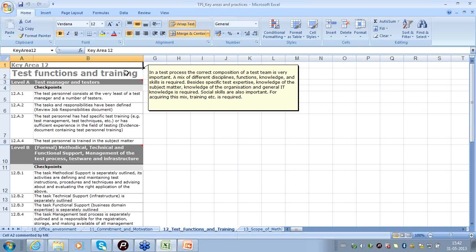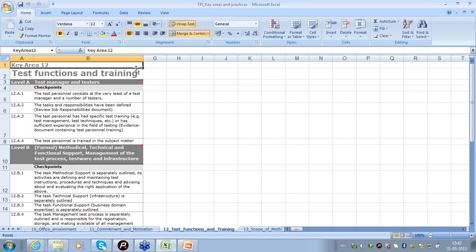So that is what is recommended by this particular key area. In summary, it specifies the diverse requirements of skill sets within the test organization, and it says the training needs have to be identified based on the required skill sets, and the training has to be imparted.